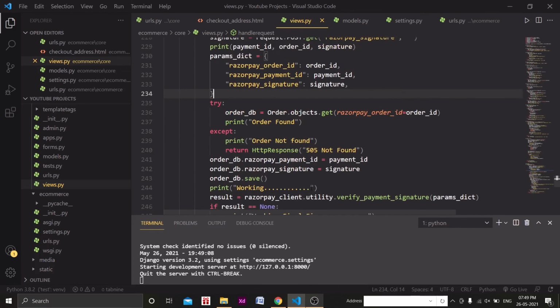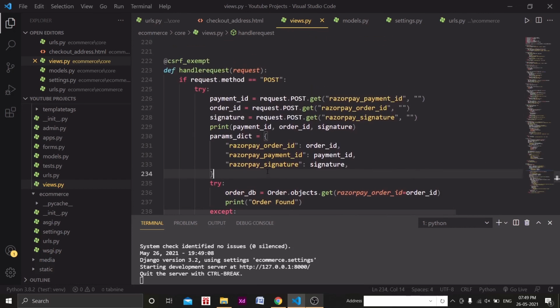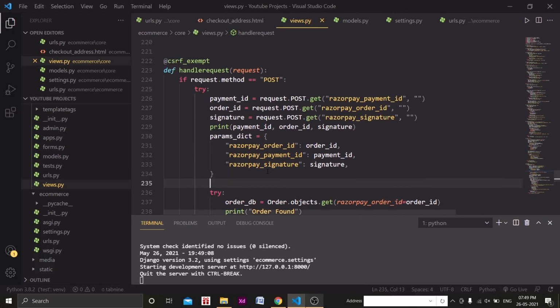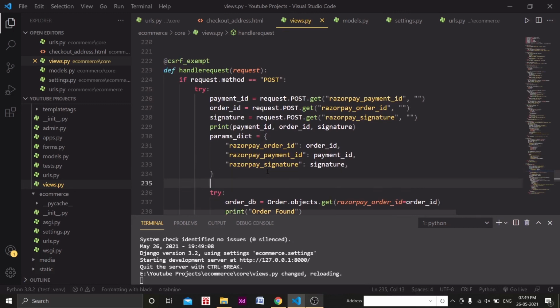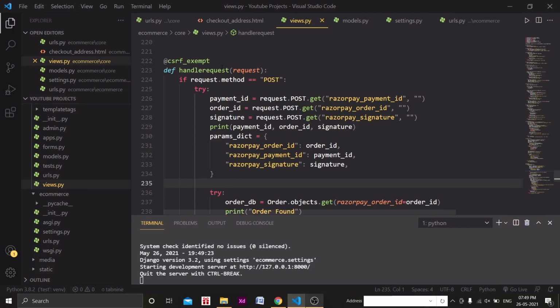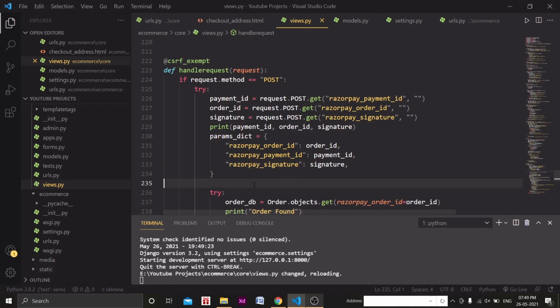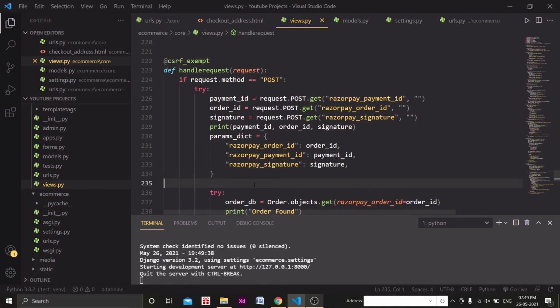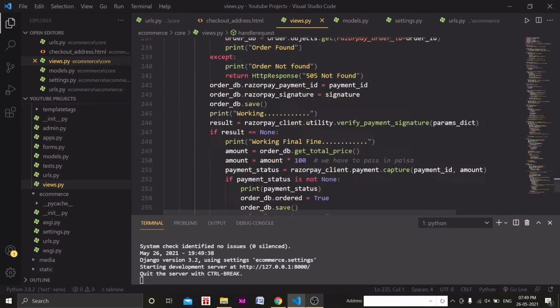Okay, I know it is more complicated, but the more you try these things, the better you will understand them. And no matter which website or web app you are adding this to, you will not face any problem here. They have some different docs, but their method of adding the feature to the website is not very hard, and I found Razorpay very secure and very simple to use, right? And that's what we want.